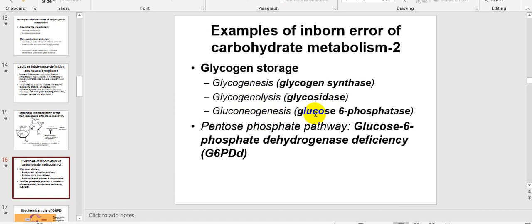Gluconeogenesis is the metabolic process by which organisms produce sugars or glucose for catabolic reactions from non-carbohydrate sources. Glucose is the only energy source used by the brain, with the exception of ketone bodies during times of fasting. So when you are fasting, because you don't have glucose, the brain will now feed on ketone bodies. And examples of ketone bodies are